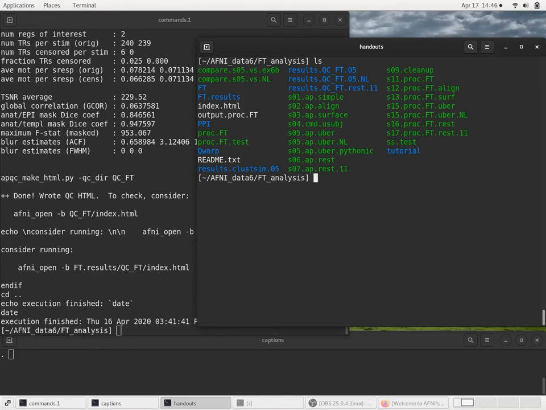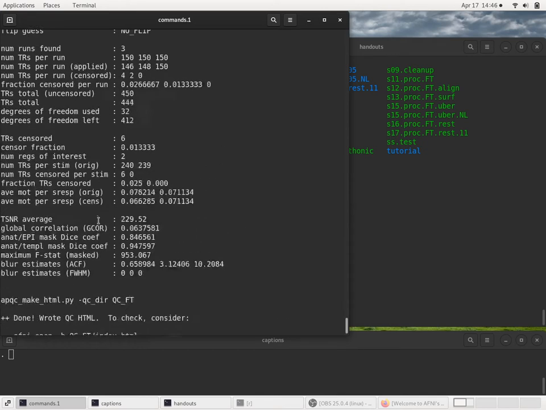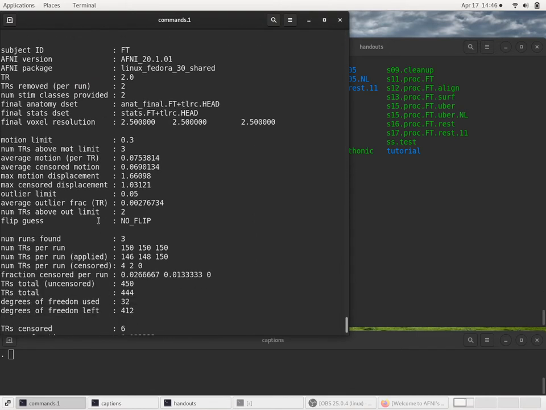Okay, continuing the start to finish analysis of single subject results. Where we left off was we had just finished running the proc script, and so we have the end of the AFNI proc results over here. And I'll come back to this later, but I just want to note the last two bits that are on